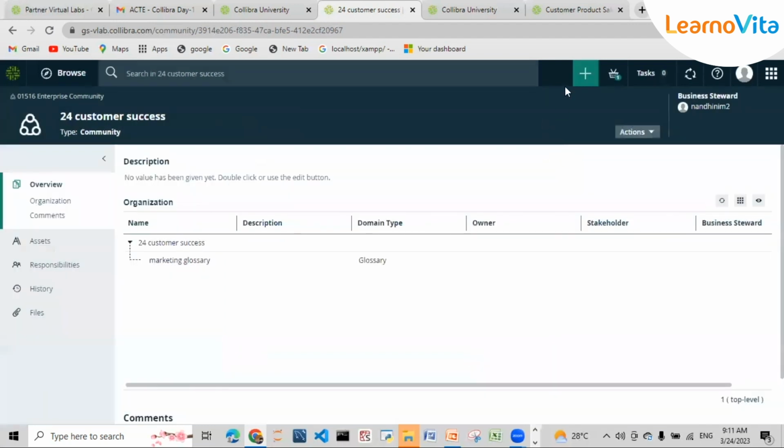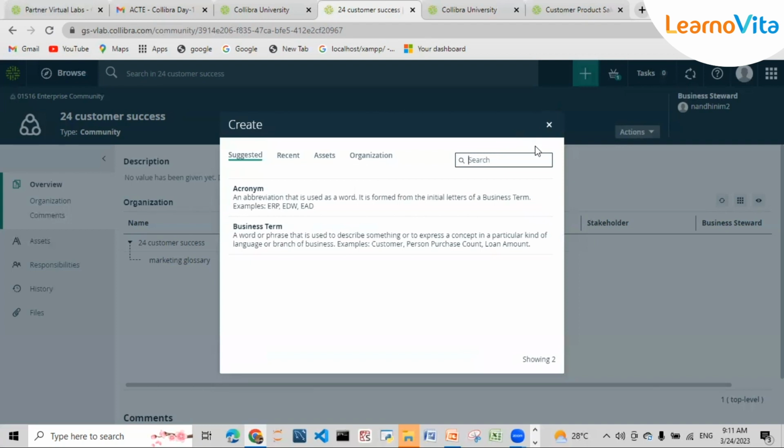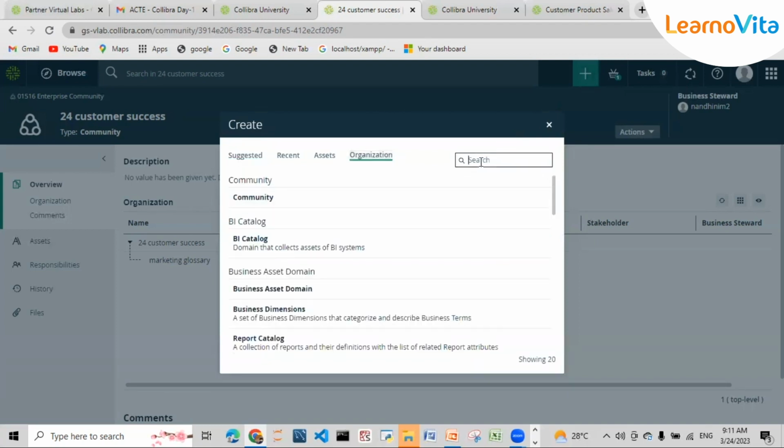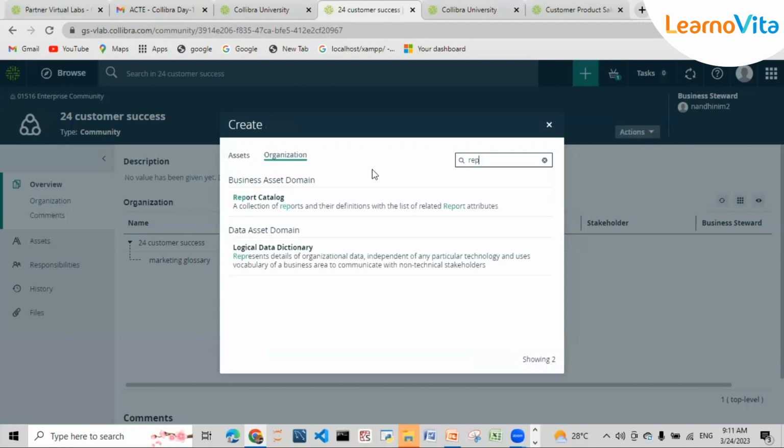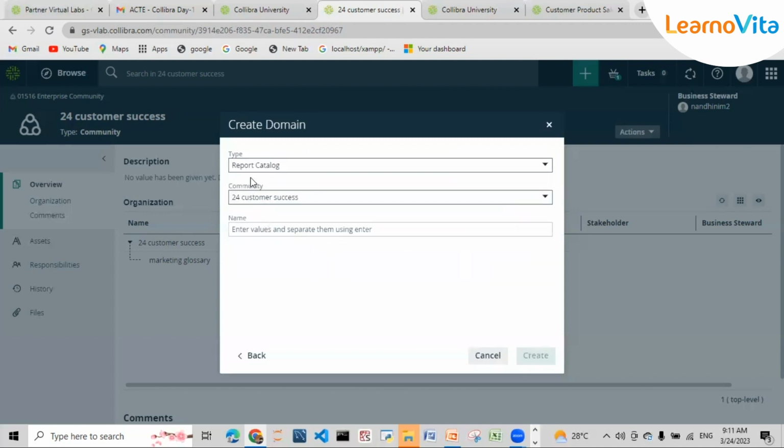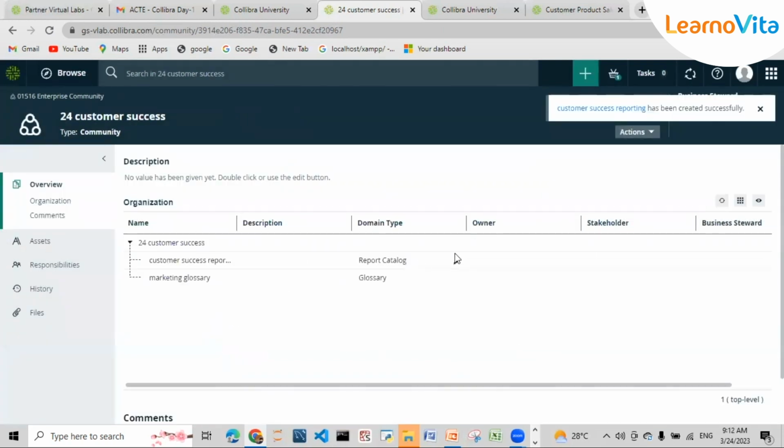Why it's not showing? Let me create it again. So report catalog, I'm creating it under 24 customer success and the name will be customer success reporting. Okay. So now, yeah. So inside this 24 customer success subcommittee, this is the parent committee, this is the subcommittee, and I have created 2